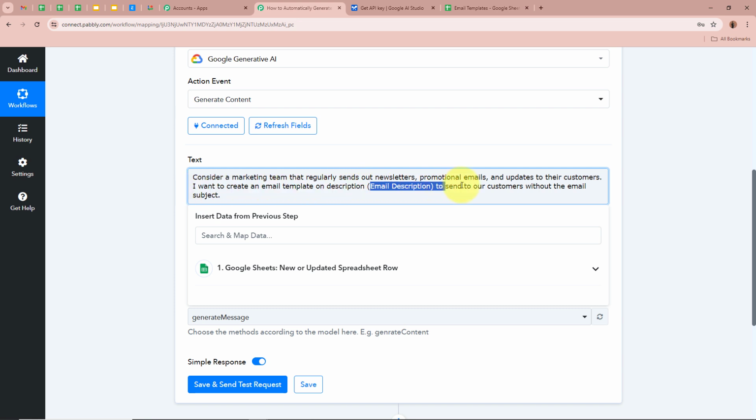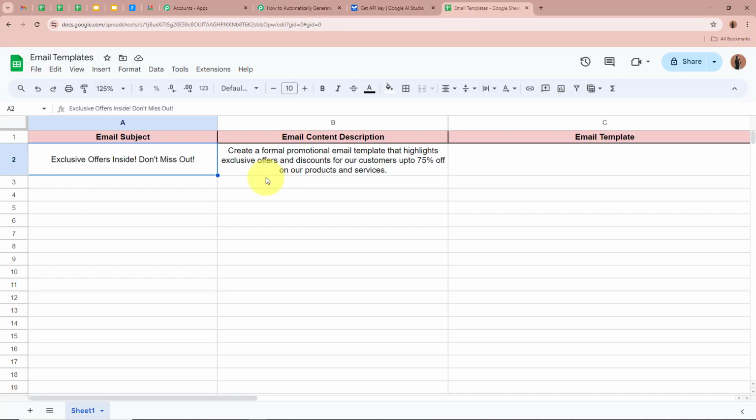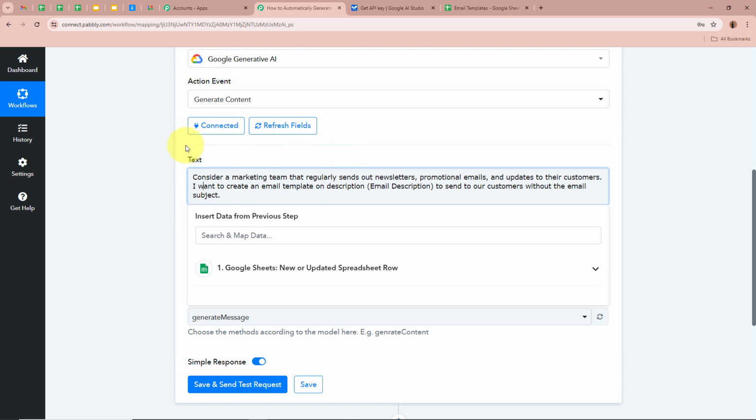The description is right over here to send to our customers without the email subject. I've written it as without the email subject because in my spreadsheet I've already entered the email subject, so I do not want to generate the content for the email subject. Okay, so this is the prompt, and over here in the prompt you can see it is asking for the